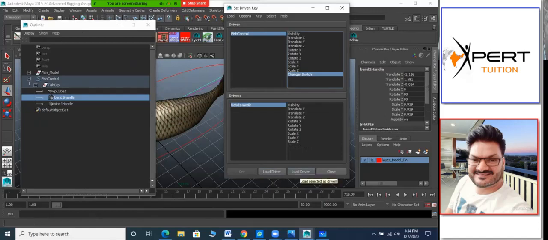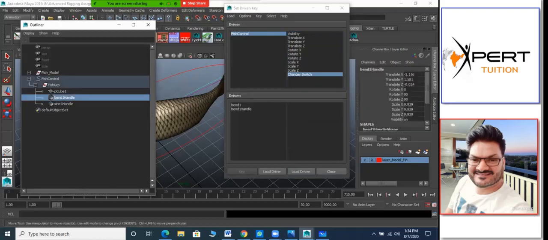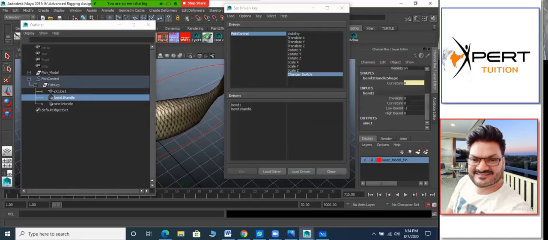But the problem is if you load from here, only the translate node gets loaded. So we have to go here, click on the bend, and then click here, load driven. Then that node will get loaded, the bottom node. Is it clear how I loaded it? Yes, sir. If you select directly from the outliner and load it, it is not going to load the history node. So you need to click on the history node first. This history gets opened and it's already selected. Just click load driven. So automatically that node gets connected, the first one.